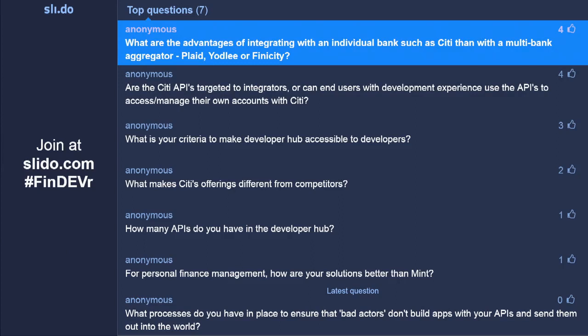What are the advantages of integrating with an individual bank, such as Citi, rather than with a multi-bank aggregator like Plaid, Yodlee, or Finicity? OK, so one thing that many of you are perhaps aware of, maybe not, is that the majority of those aggregators right now use what's called screen scraping.